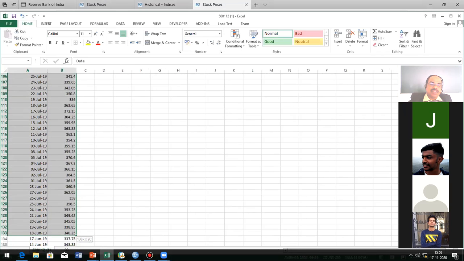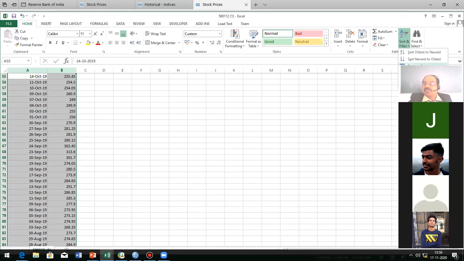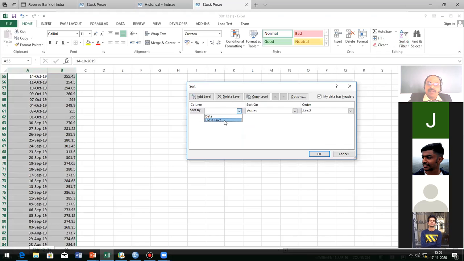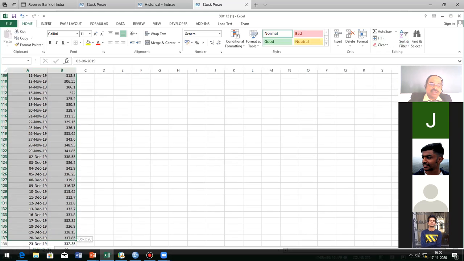So I'm selecting all these, both columns, and sorting according to date, oldest to newest. Now you can see it starts from 3rd June 2019. So because the date should be the same, I am copying this one.